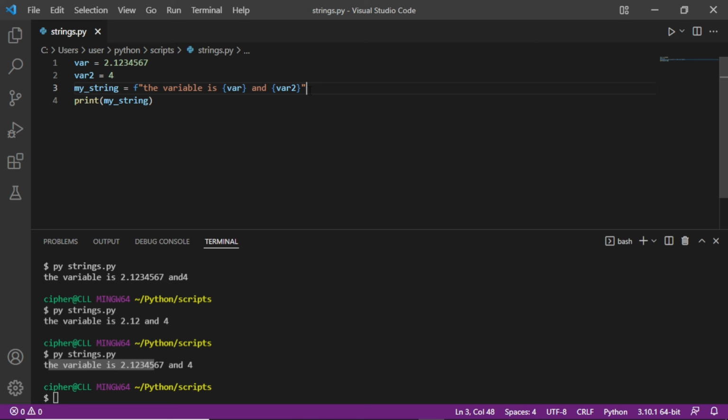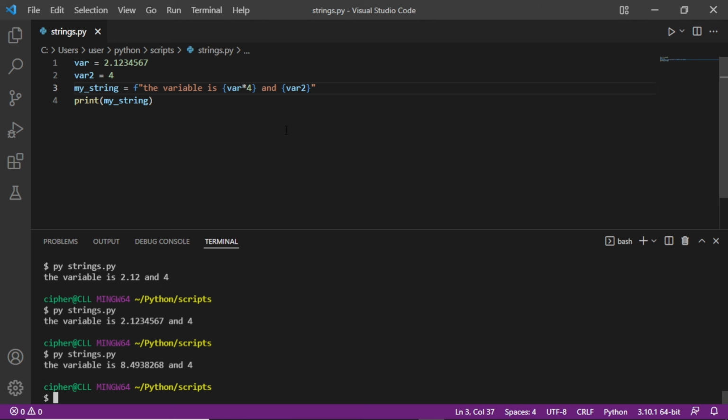formatting. Okay, however, you may also decide to use some mathematical operations inside your placeholder. For example, we kept our var here, we may decide to times by 4. If we times it by 4 and go ahead and save this, still we are going to have 8 here. Of course we need to have 8 because we times 4, and that's how you can do with your formatting